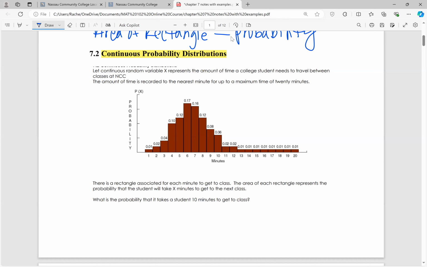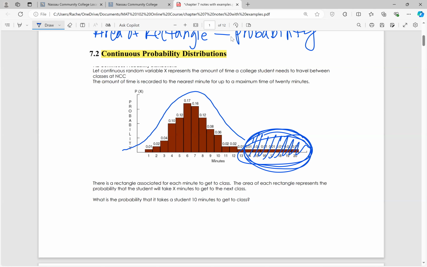Let this continuous random variable x represent the amount of time a college student needs to travel between classes at NCC. The amount of time is recorded to the nearest minute for up to a maximum time of 20 minutes. Now, I notice here all these heights of these bars are the same, right? These are kind of like all the late kids. There's 15 minutes in between classes, because this is measuring the amount of time it takes to travel between classes. So these extreme values here are kind of the late students. I don't really want to look at them for now. Let's just assume